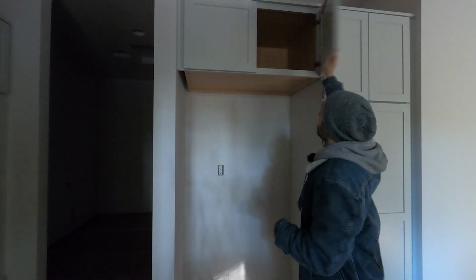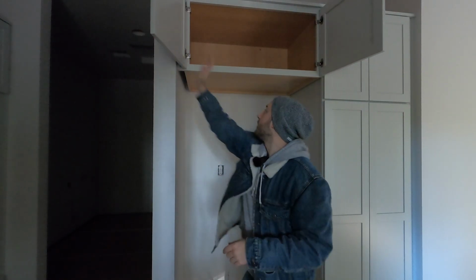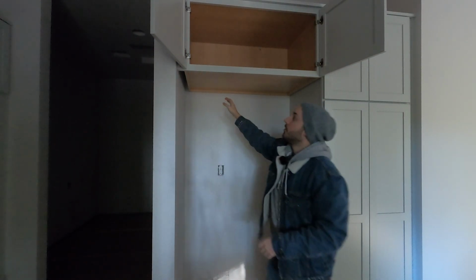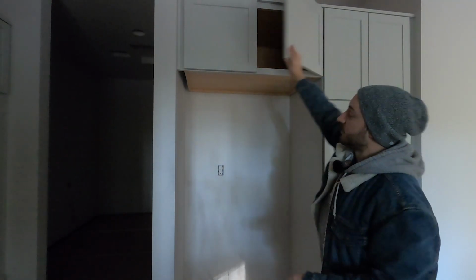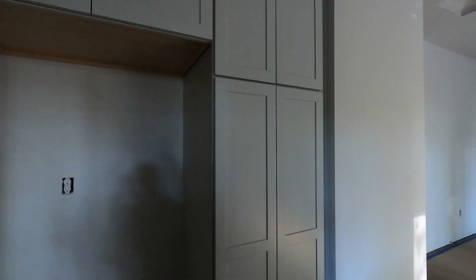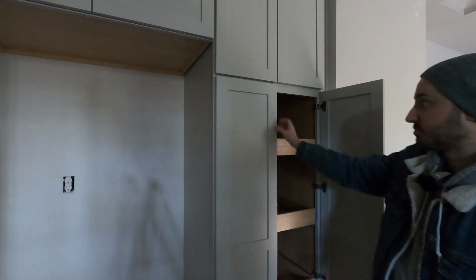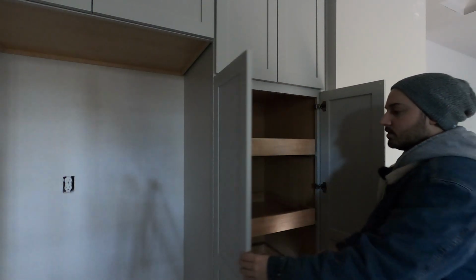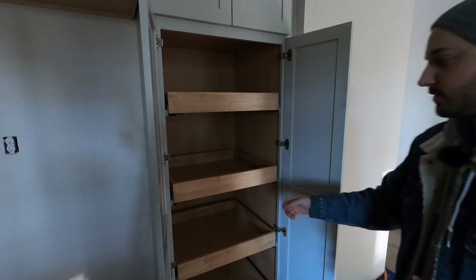So there's some storage above the fridge here, really deep, goes all the way back here about almost 2 feet. So really deep storage above the fridge. And then over here on the right hand side of the fridge is the pantry. So there's no hardware on this yet. I chose black knobs and handles to go on there, but the pantry that'll be right next to the fridge,